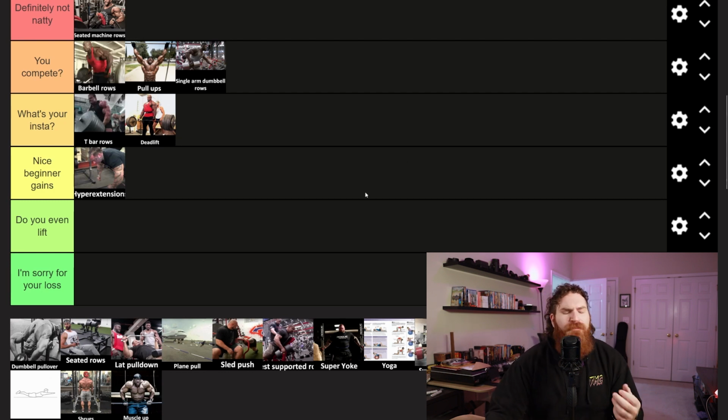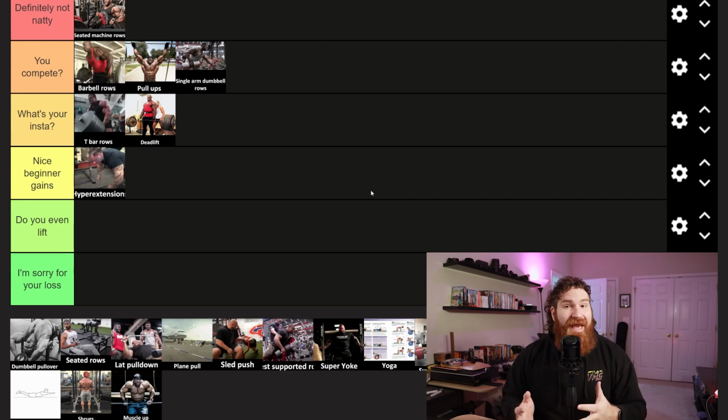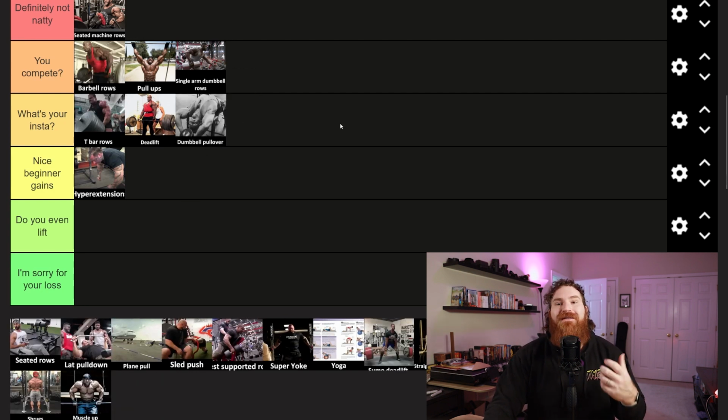The dumbbell pullover, this is a great exercise that I think a lot of people have kind of forgotten about. It can be difficult to set up. It can be difficult to do. And because of that, I don't think that you can put it top of the list. I love this exercise. If you really get good at this exercise, I think you can get some fantastic lat growth that you really can't get with other exercises. So I just really like it, but I cannot put it any higher than B just because it's so difficult